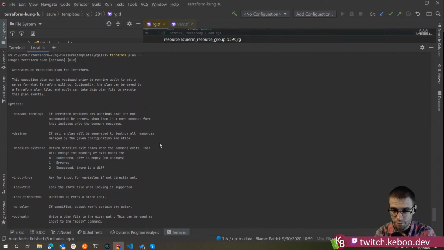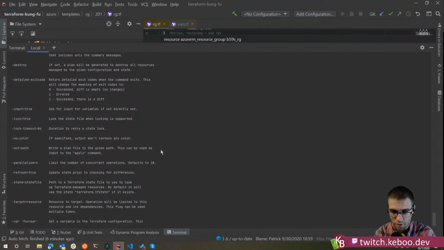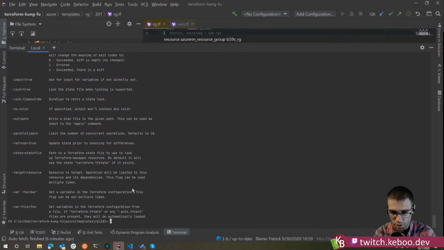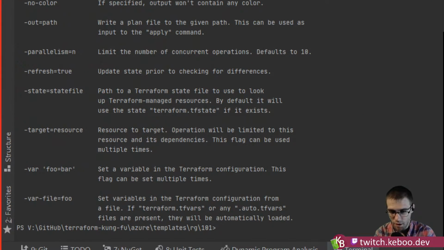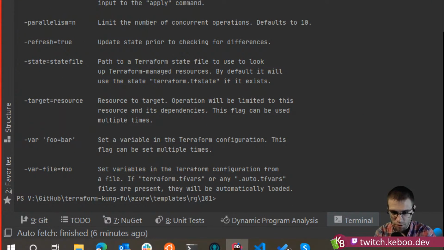So there's got to be one in here somewhere, right? Yeah, what you're looking for is the vars down there at the bottom. That's how you would set an individual variable, or because sometimes your variable list can start to get large, you can just feed it a variable file. And the file has the same sort of structure there too.